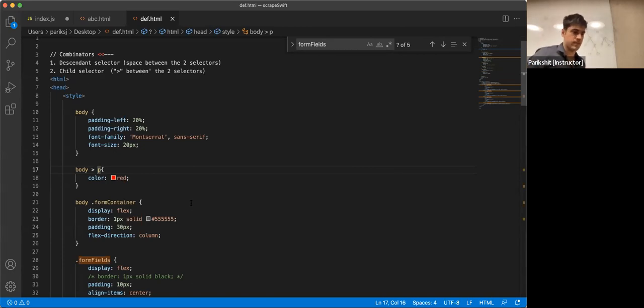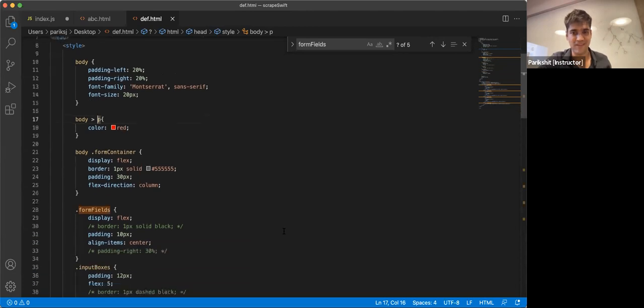Amit gave a perfect answer. Let me just explain it for everyone. Guys, ऐसा इसलिए हुआ क्योंकि ये बॉडी है आपके ऊपर, right? ये फॉर्म कंटेनर है और इसमें कहीं p यहाँ पे लाई कर रहा था। When you said descendant, हाँ, ये उस ऊपर वाली बॉडी का डिसेंडेंट है, बट ये उस ऊपर वाली बॉडी का चाइल्ड नहीं है, right? चाइल्ड कौन है? चाइल्ड तो ये दोनों है। और हमारे कोड के केस में कोई p चाइल्ड था ही नहीं बॉडी का।